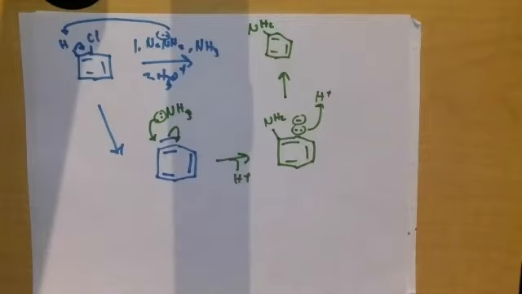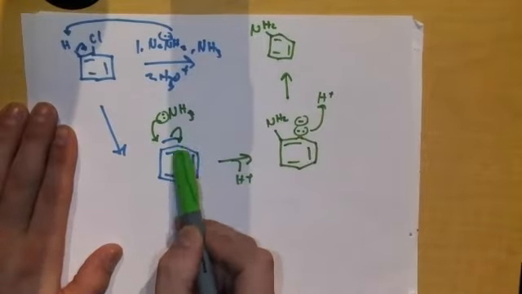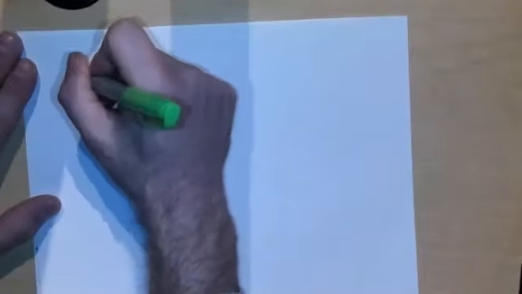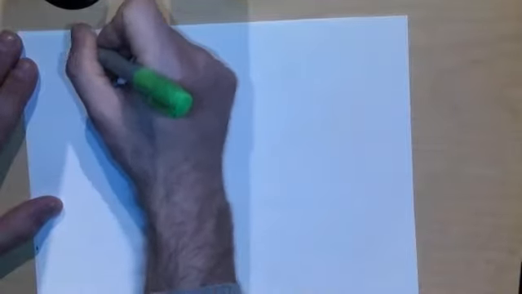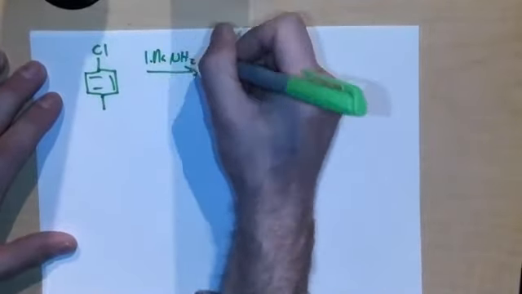So this reaction can get complicated because this step here, where you attacked your triple bond, there's no reason why you couldn't have attacked it on this side. Didn't really matter for benzene because it's symmetrical. But if I take toluene, it's going to change it a little bit. So throwing in a methyl group makes our reaction a little bit more asymmetric. Because when I put my base in solution,